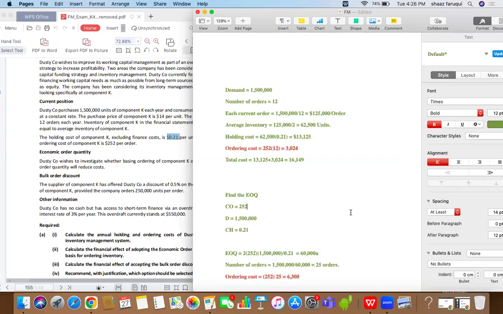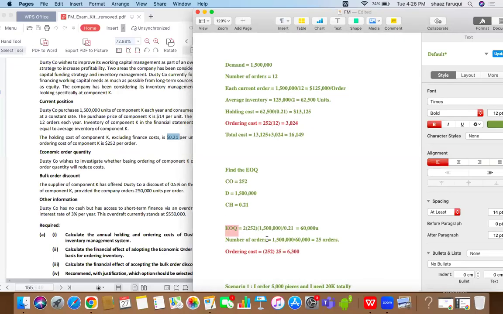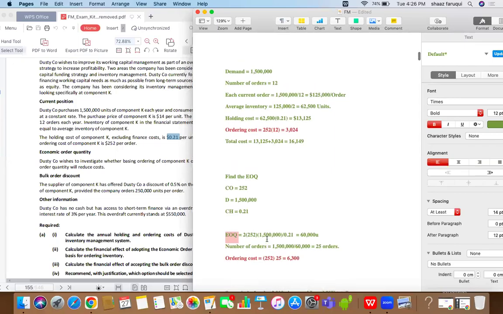So one might argue, if the ordering cost is increasing with the EOQ, how is it economical for us? Any guesses? Economic order quantity is that quantity where the cost is lowest. But unfortunately, what is happening here? Very good, Del. Yes, ordering cost is increasing,